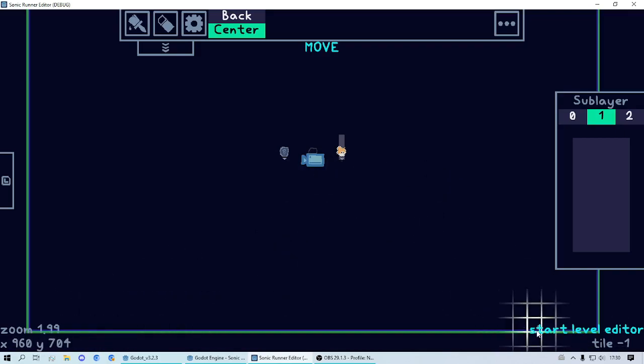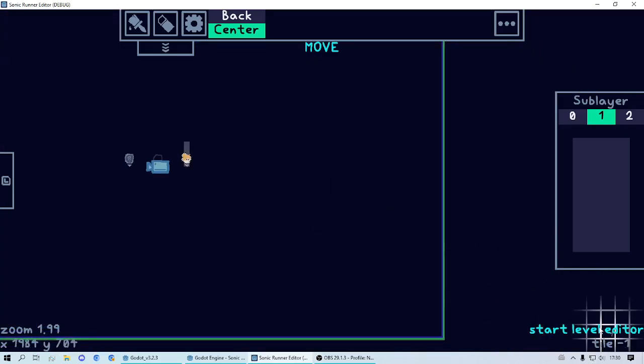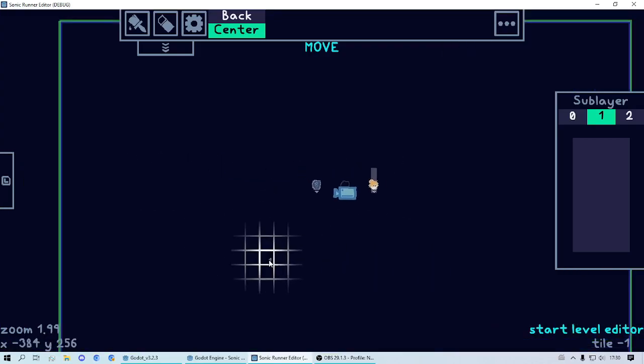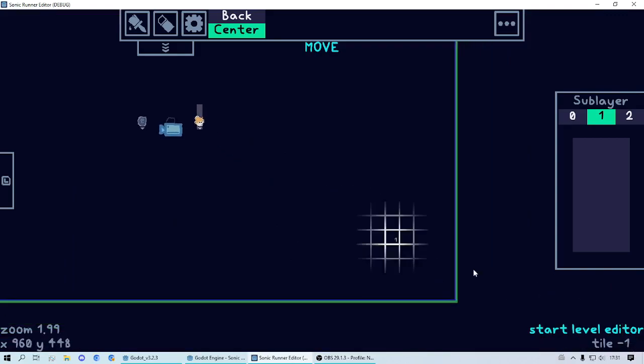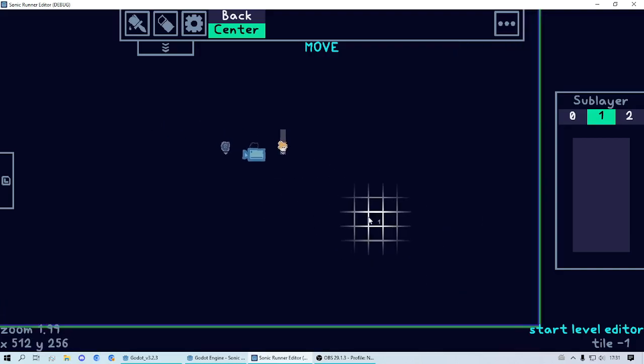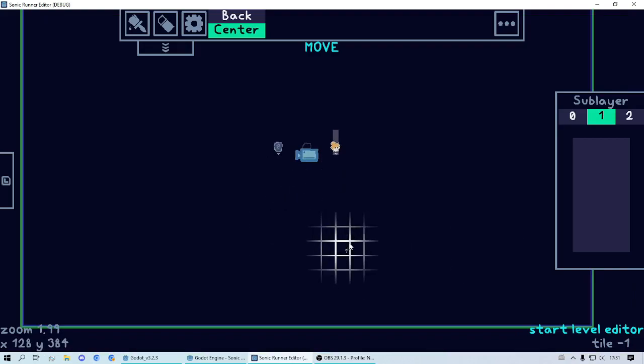On the left here, you can see the last action that you have done. Currently it's start level editor because we haven't done anything yet. And under there, you can see the currently selected item. Currently it says tile -1, which basically just means that we don't have anything selected because tile -1 is